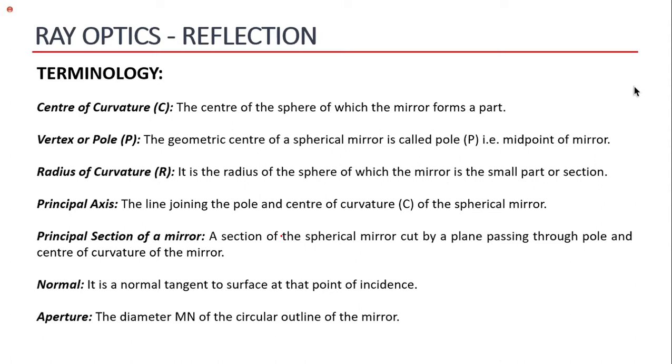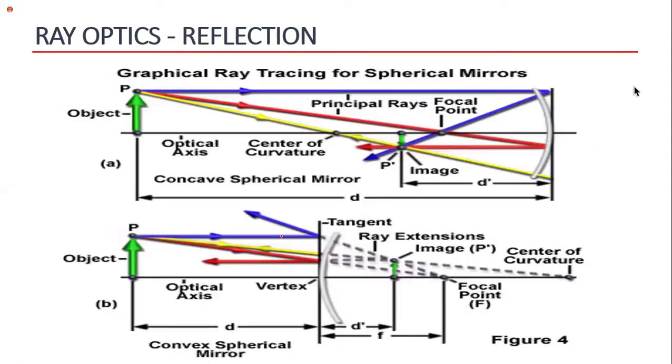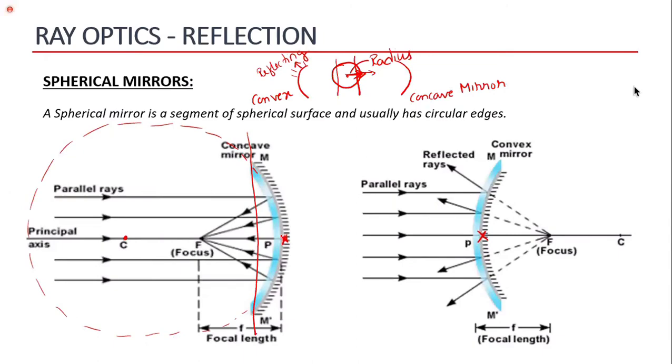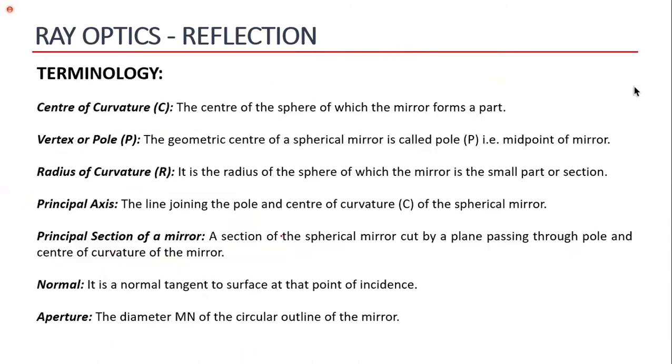Normal, you already know, and aperture, that's okay. Aperture is not bigger, but diameter outline is your aperture. Okay. So now,